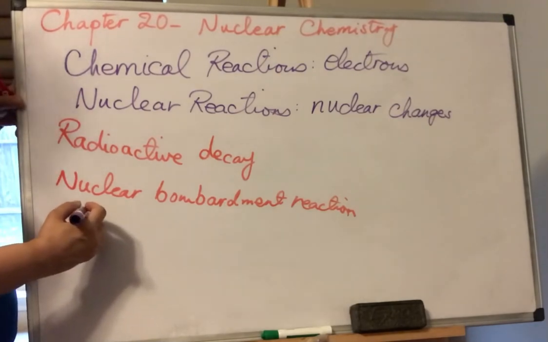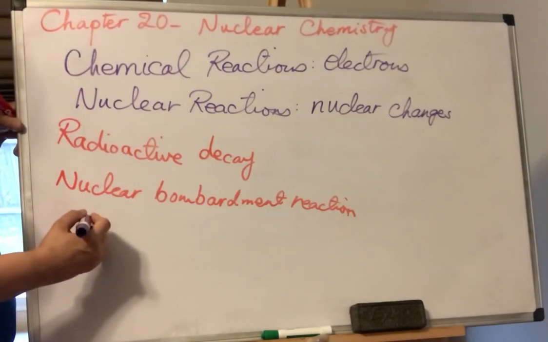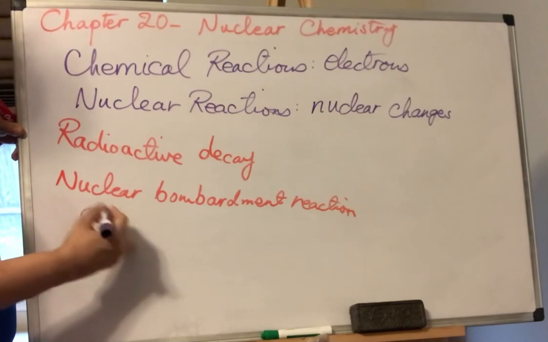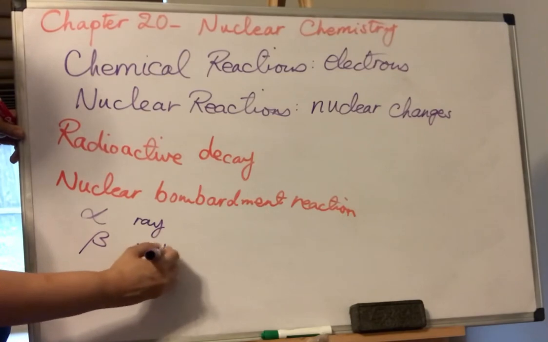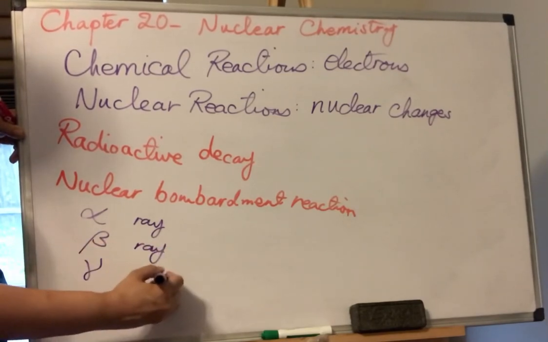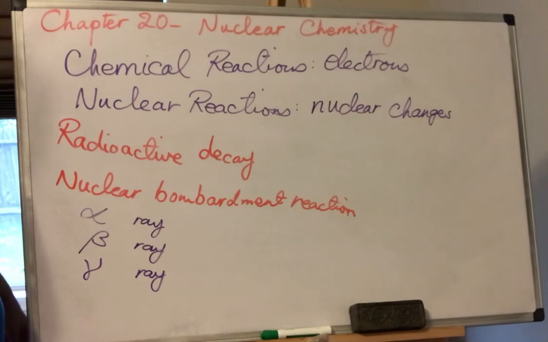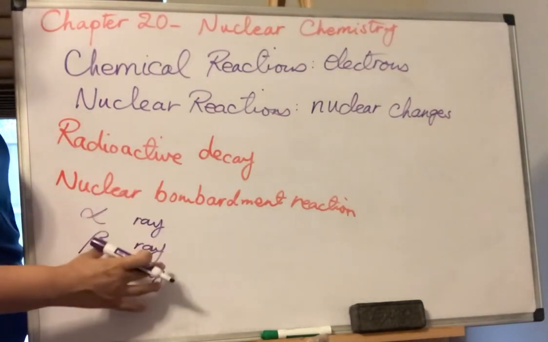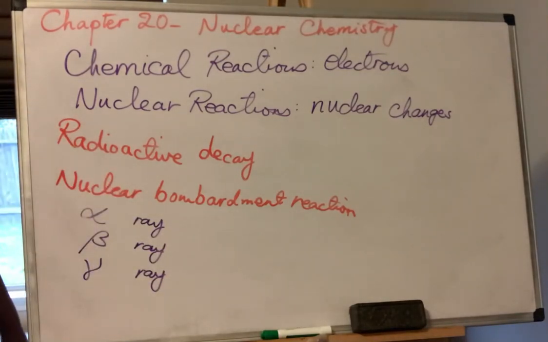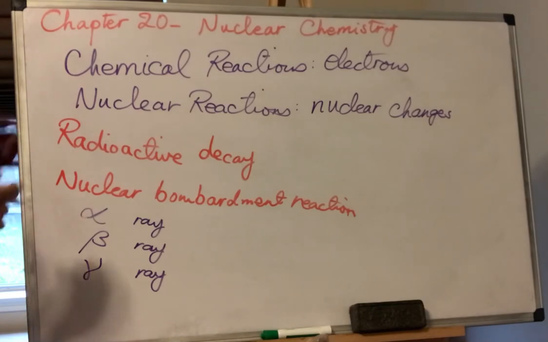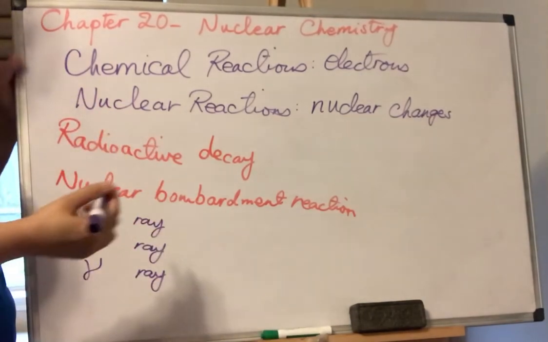So he found out that these uranium minerals must have radiated something that affected the photographic plates, his negatives. According to the type of radiation, we have 3 types of radiations: alpha rays, beta rays, and gamma rays. We will talk about them in detail: what is the nature of each one and how to use them in the nuclear equations. And a very common equation